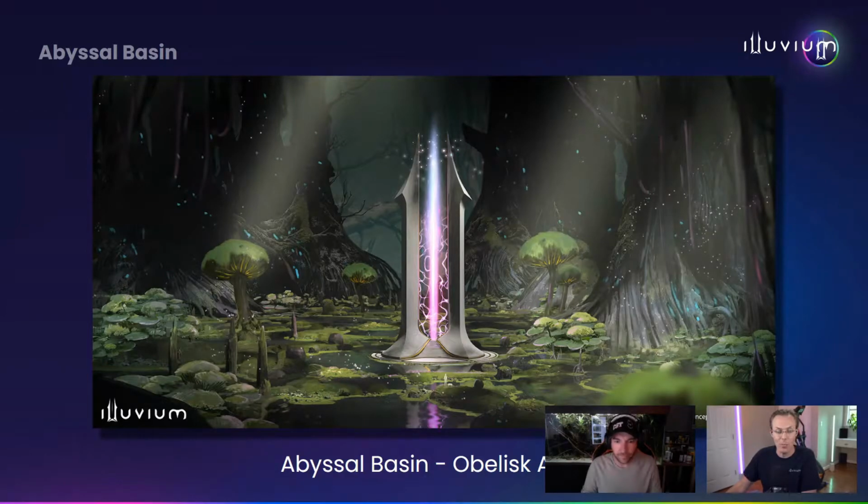What are we looking at here? Wow, this beautiful obelisk. Give us some details. Yeah, this is where you actually arrive when you enter the region. This is the obelisk. You travel by means of the obelisk, and right now you're at the center of the region. I think in every region, the obelisk is the center of the region, and this is where you